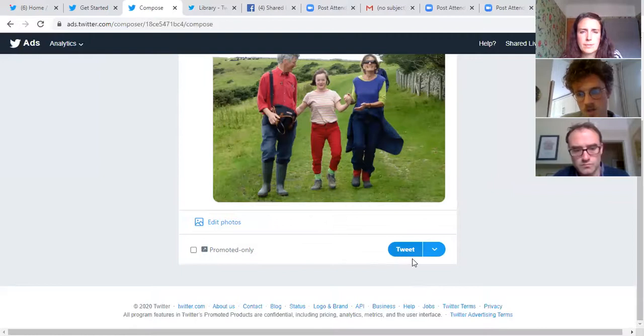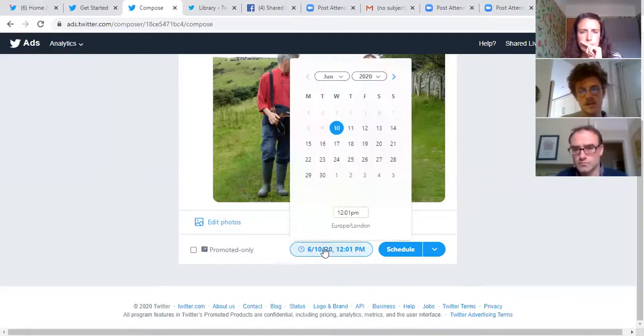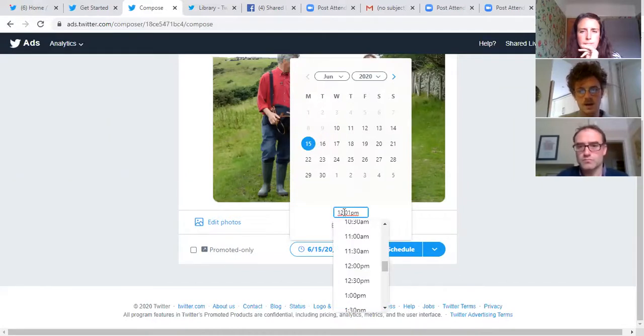And then in the bottom right, you'd have the option to tweet it if you wanted to just post it out straight away, but obviously there'd be no point in coming into the ad manager to go through all that trouble. So we want to click the downward facing arrow here. Again, similar to Facebook, and click schedule. So again, suddenly the option to select the time and date appears here in this little box. So select the date, and we'll go with the same time, I should think, Monday.